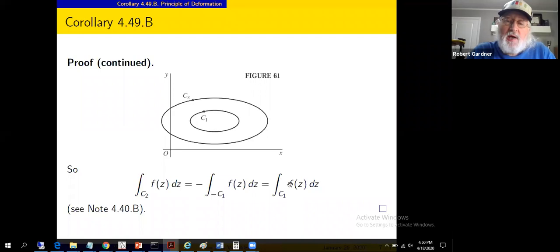We lose the sign out front, and we're left with the integral over c sub 2 of f of z being the same as the integral over c sub 1 of f of z. It's a picture based on the picture from theorem 49.a, and then it's just a little bit of arithmetic. And it says, back to the notes,